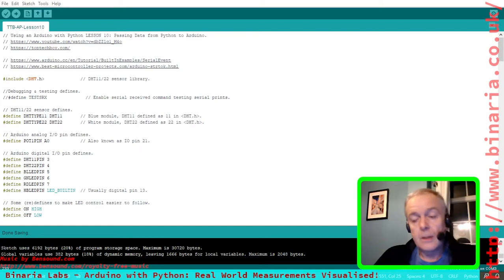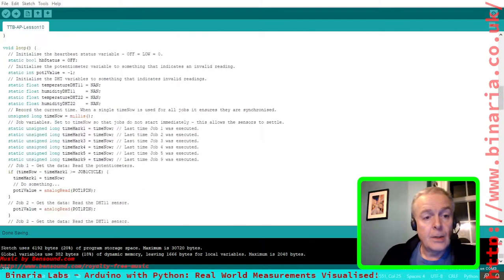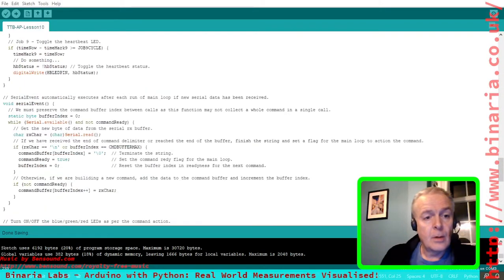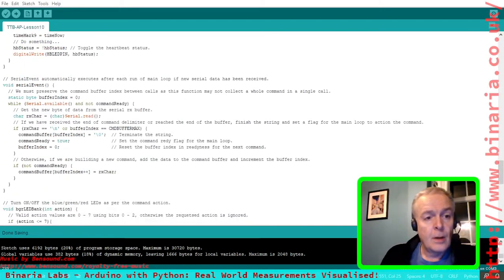Now, that is actually a command that is designed to do what we want. And if we jump right down to it, let's have a look at what it looks like. So, serialEvent. It's quite simple. You define a function called serialEvent, and it will be automatically run after loop, but only if new serial data has been received. So, quite simply, you stick a function in called serialEvent, and the Arduino will take care of running it for you. All you have to do is get some data back from it,